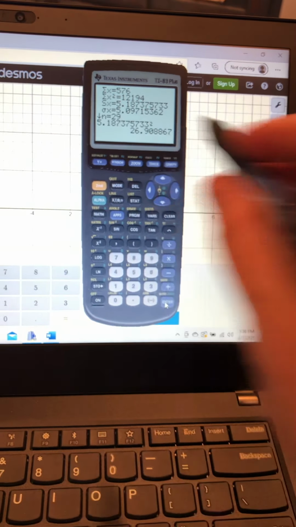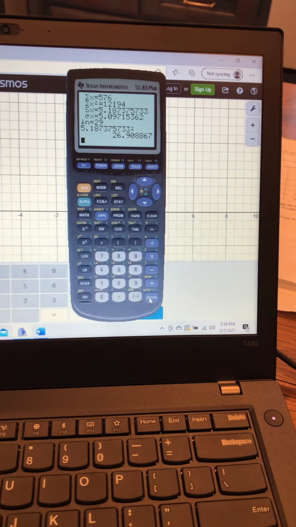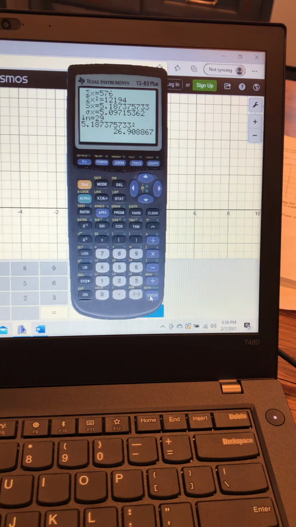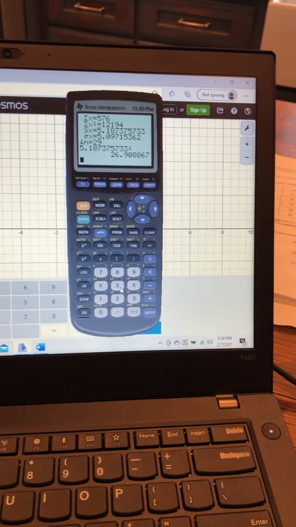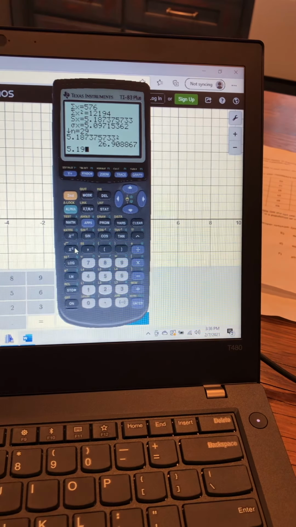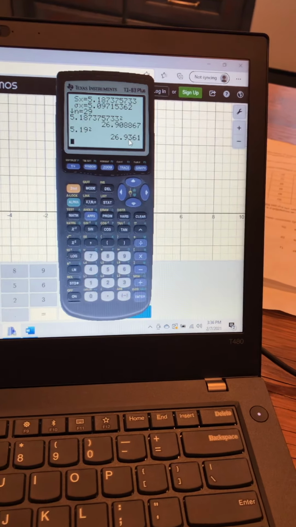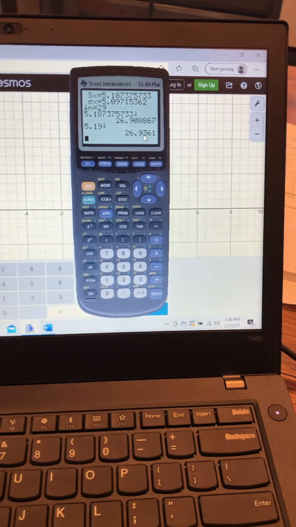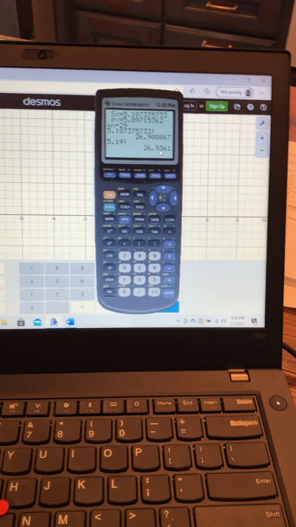Okay, so 26.91. And if I just did 5.19 squared, just for curiosity's sake, it would be 26.93. So it would be close, but not exact. So you'd be off a couple decimals if you